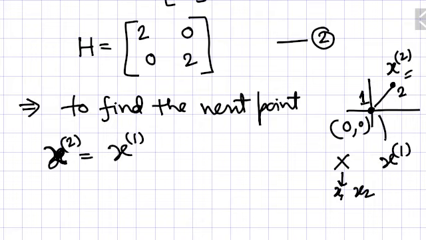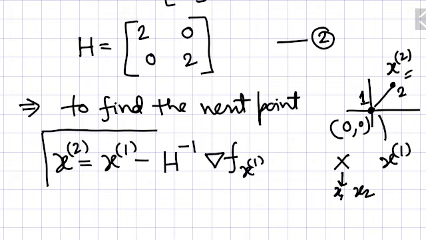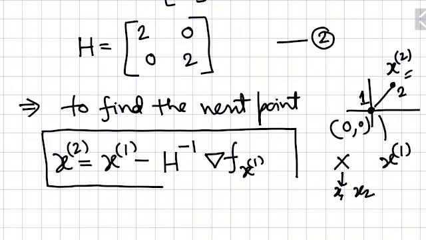Okay, so you just don't think that it is just simply x. It involves 2 points, x1 and x2. So again I write here, the next point formula is given by this minus, just see it carefully, the inverse of the Hessian matrix. The Hessian matrix in equation number 2, you will take the inverse of this Hessian matrix, and then you will multiply it by the gradient of the function at the starting point. So this is the formula, the important formula that you have to remember. In Newton's method you will use this formula.